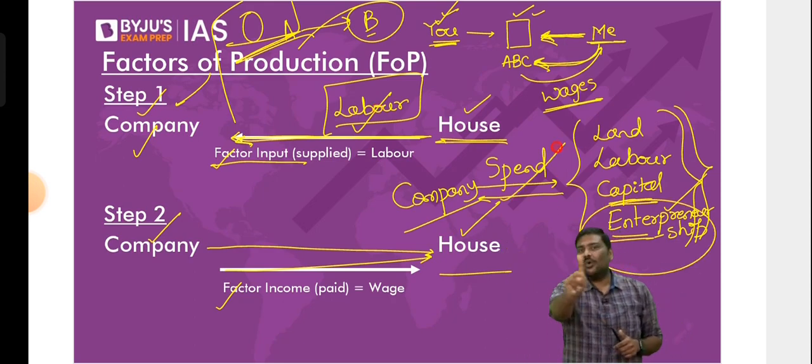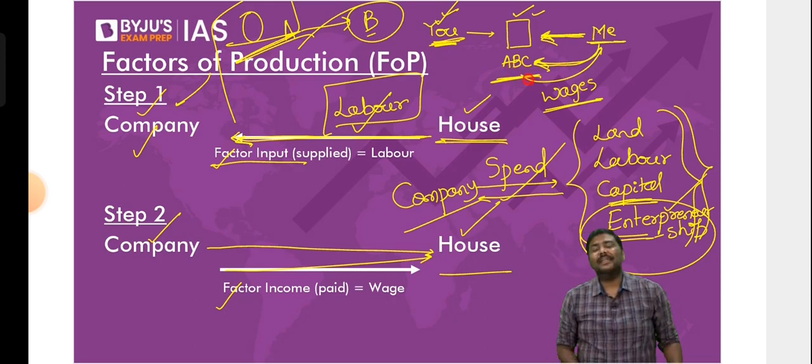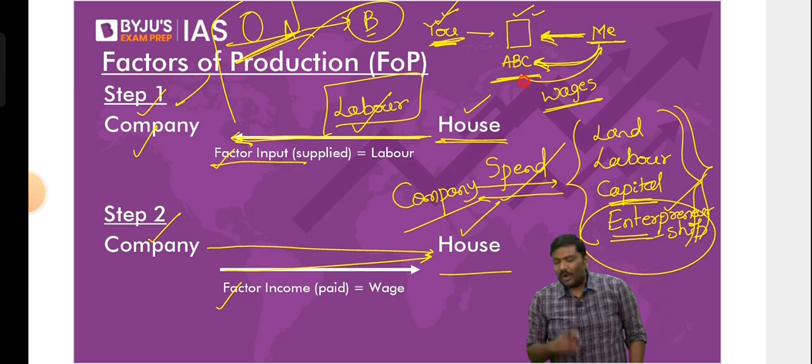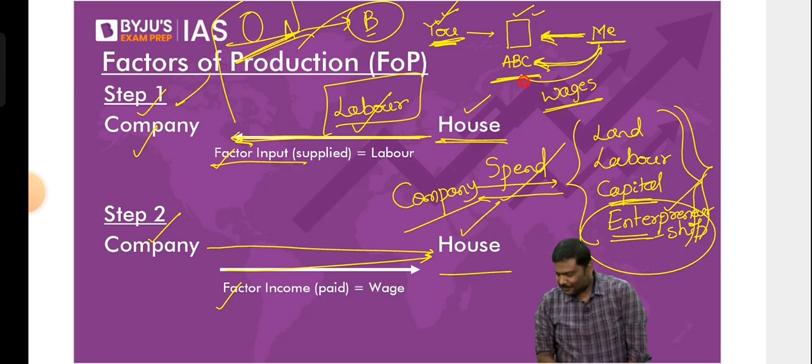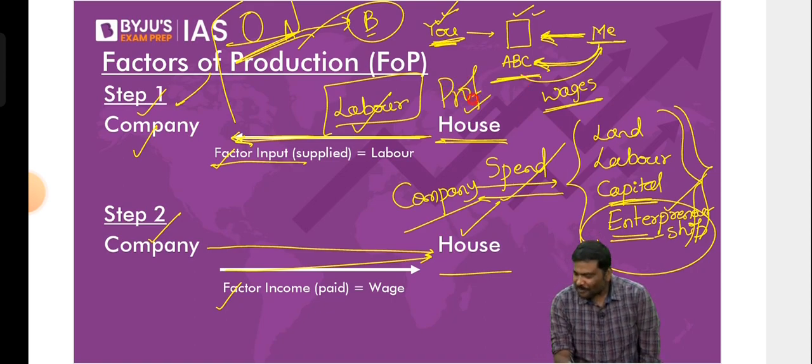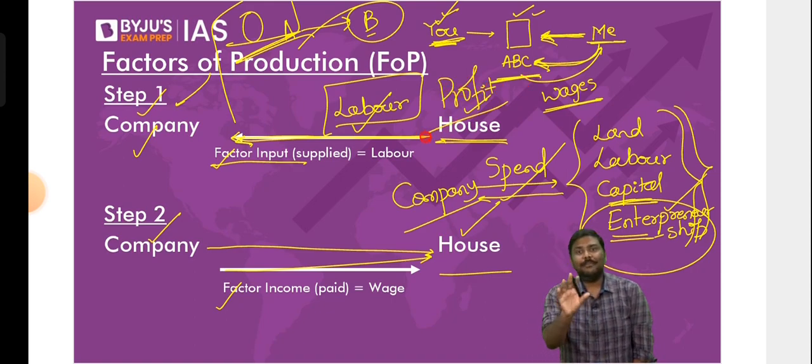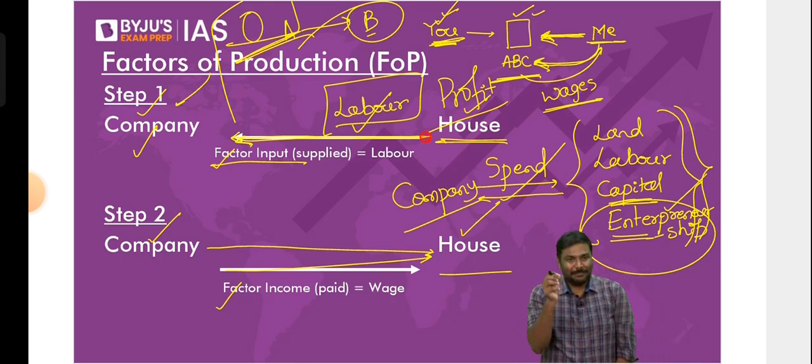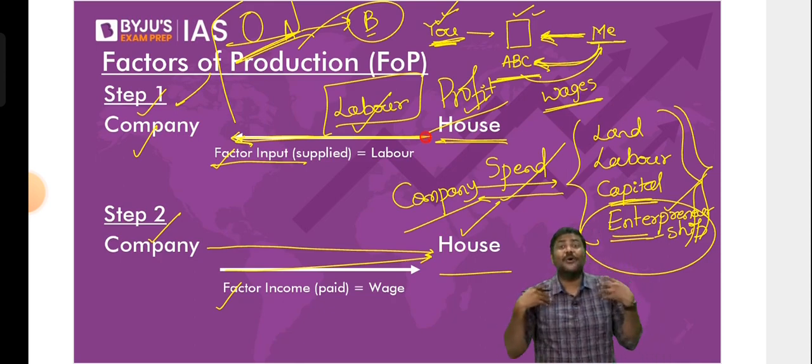Now you tell me, you are the owner of the company. Now, you understand? You have started this particular company ABC. What is your expectation from the company? What do you expect from the company? What should you get from the company? Great. Thank you. Profits. Profits. Wages. Somebody said wages. Being the owner of the company, you don't earn wages. You earn profits. But please be very careful. You want profits from the company because you are the owner. You're not a worker. You're the owner.